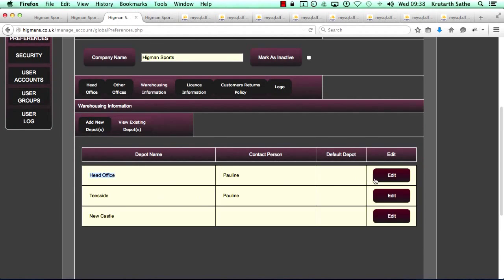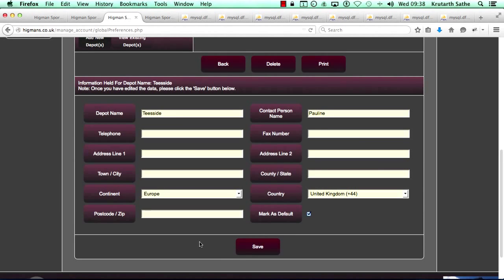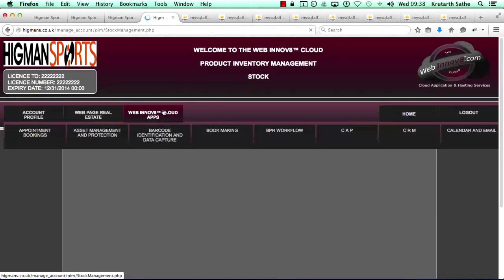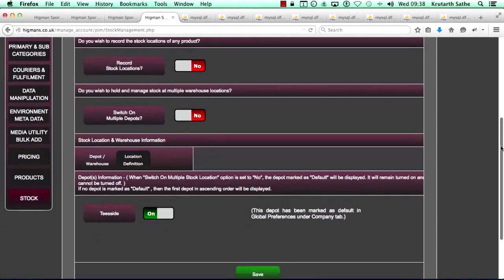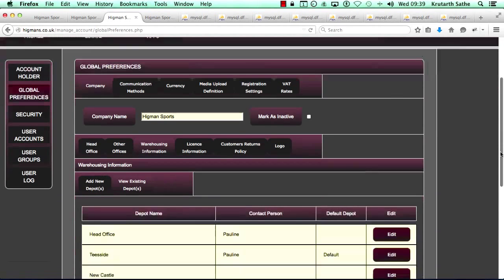This one is displayed. If I mark this Teesside as default and click save, it has saved now. And if I refresh this page, instead of head office it will show me Teesside, because that's the default depot, and I have chosen not to work with multiple depots, so it will just give me one depot, and that's Teesside because it's default. It says that this depot has been marked as default in global preferences in the company's tab. But if no depot has been marked as